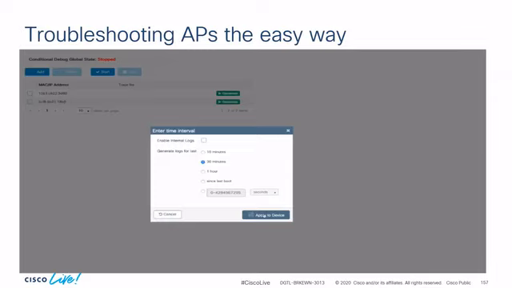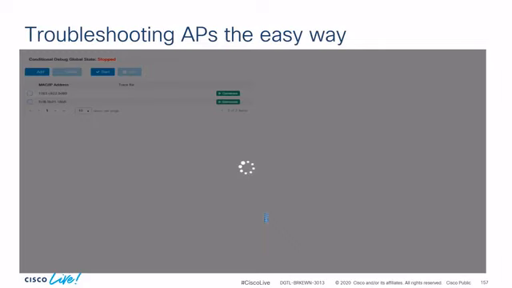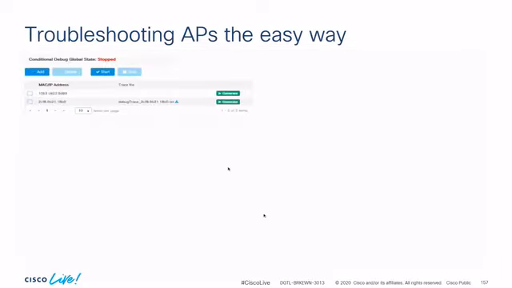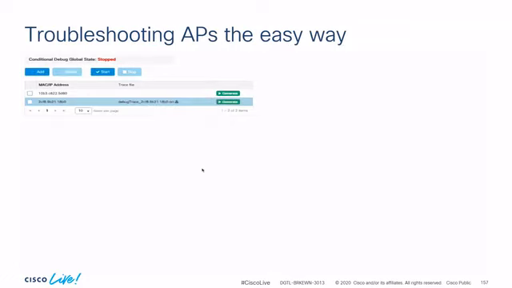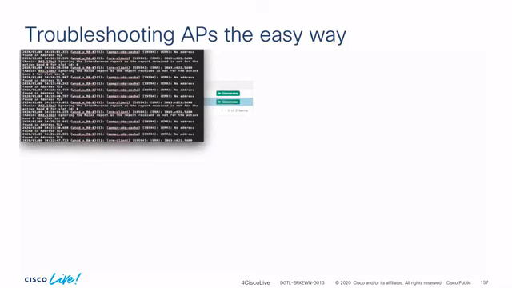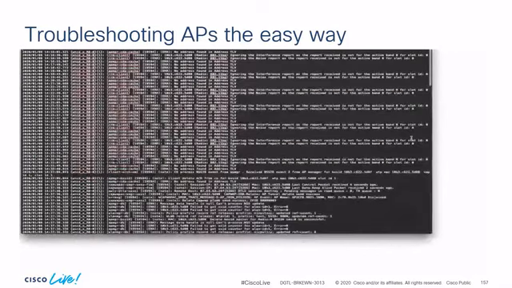be able to derive an RA trace for that AP that provides more contextual data as far as the failure. As you can see, the trace was generated, which is downloadable. And once you have the file, you can look at the details and identify what that regulatory domain failure was